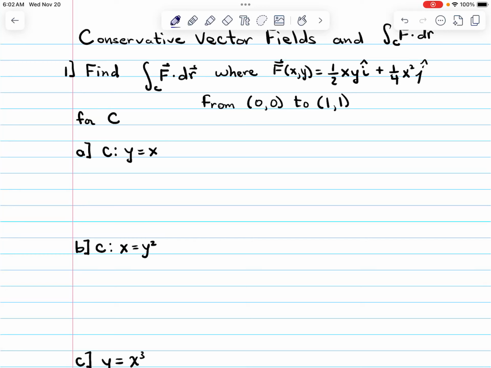Here's what I want to do. I want to evaluate this integral with this vector field from the point 0, 0 to 1, 1. So I'm going to do it on three different paths. I'm going to